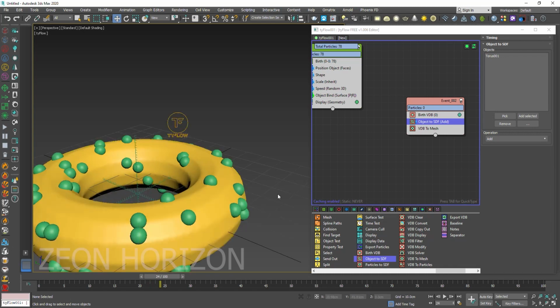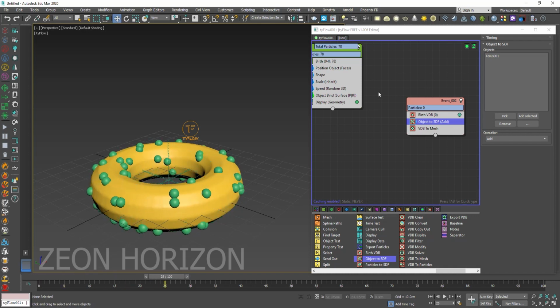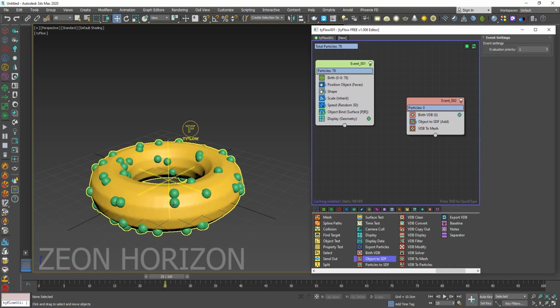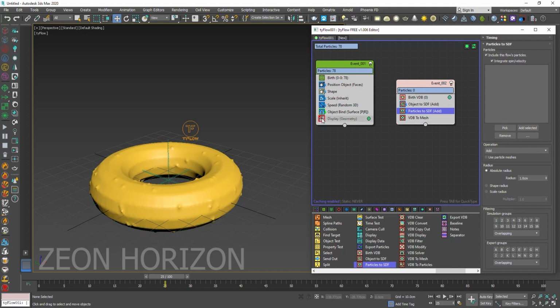Right now you can see that it is not smooth enough. Just don't worry about it for now. Okay, now what we have to do, we have to convert these spheres into VDB particles. So what we are going to do, we are going to use particle to SDF, and inside the particle to SDF you can check this button and it will convert the particles of this event into VDB. If you click here and turn off the display of this particle, you can see some dots, and these dots are our